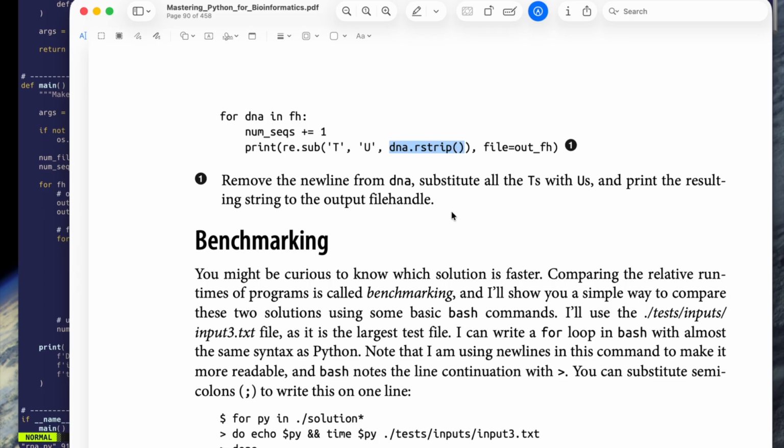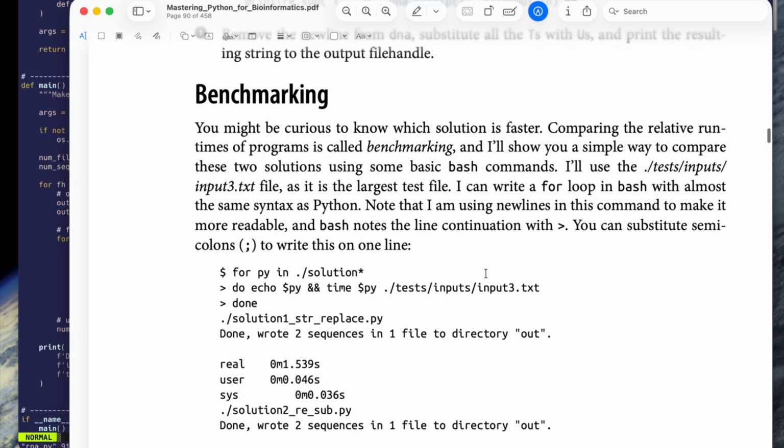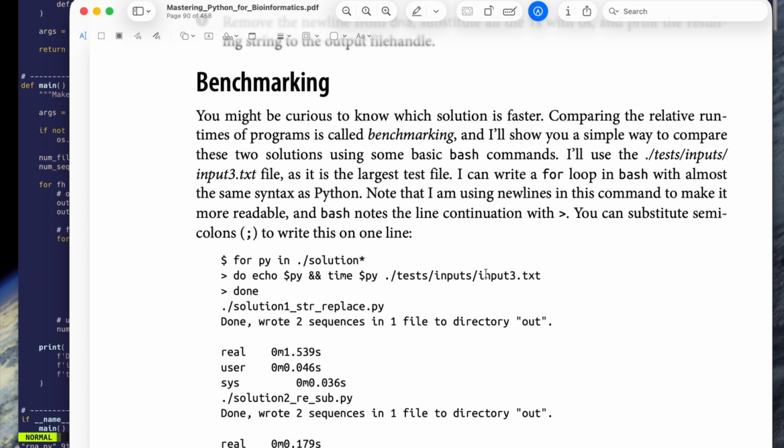So I've shown you two different versions. Which one is better? Well, it depends on what you mean by better. Which one is faster? That's a good way. A lot of times we just care about performance in bioinformatics, but one of the things I was trying to stress here is that